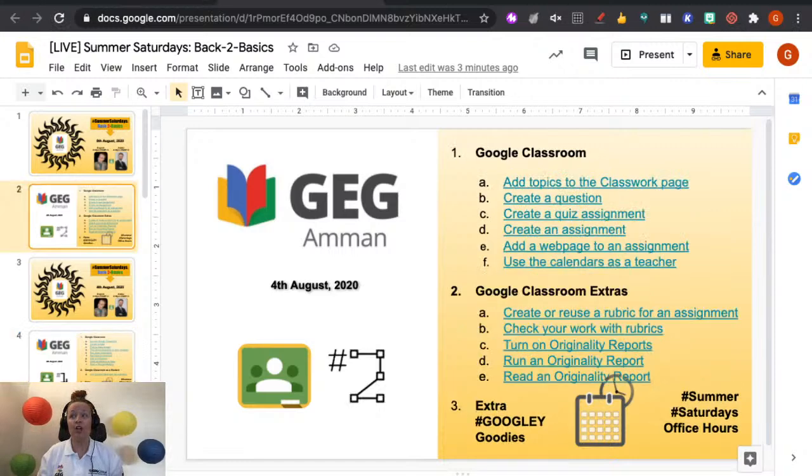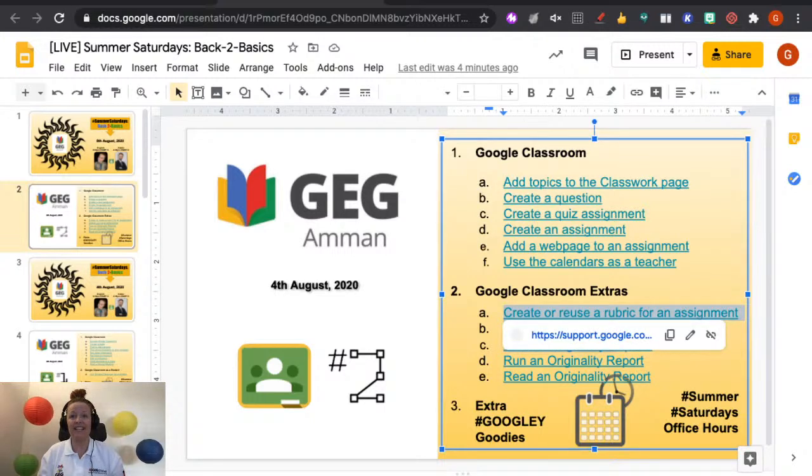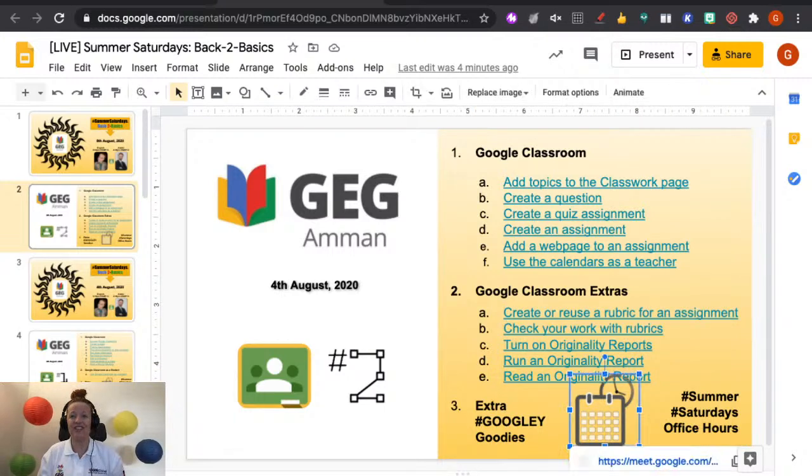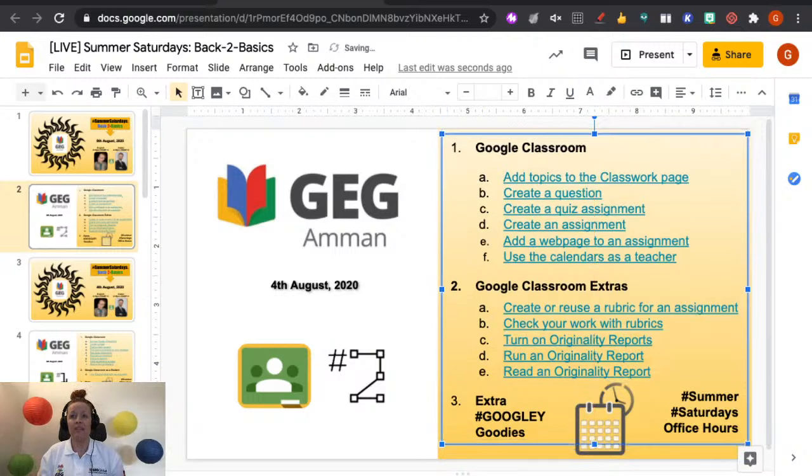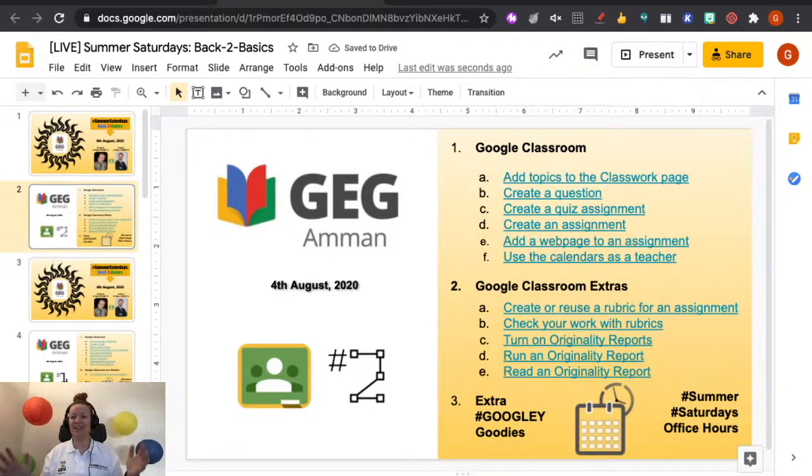Okay, so these are the points that we covered from part 1 of Google Classroom, and this is the agenda for part 2 of Google Classroom today. So we're going to take a look more in depth in the classwork tab of Google Classroom so that we can see how we can post different types of things in the classroom to have those engaging and interactive experiences with our students. We have some Google Classroom extras below, as you can see here in section 2 of this thread. However, that being said, we may not get to all of it since this is just a back to basics series, and the originality reports and the rubrics definitely are a bit more of an advanced section. But if there's time left over in today's 30-minute session,